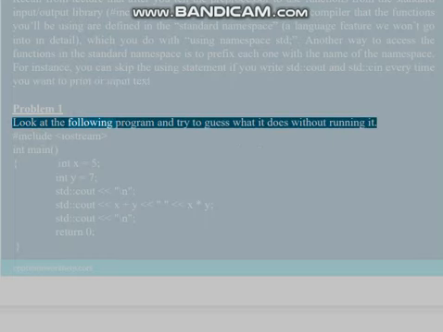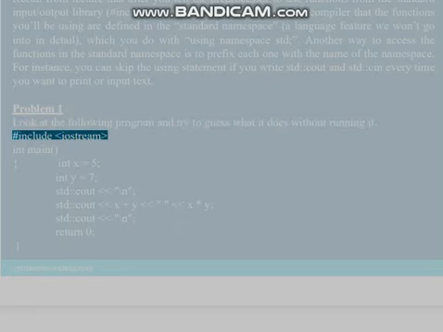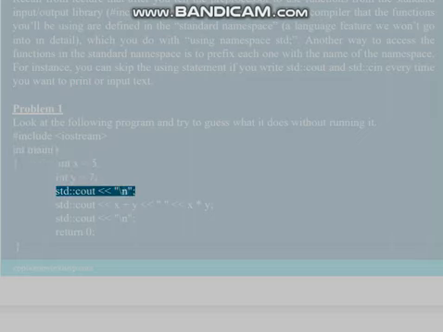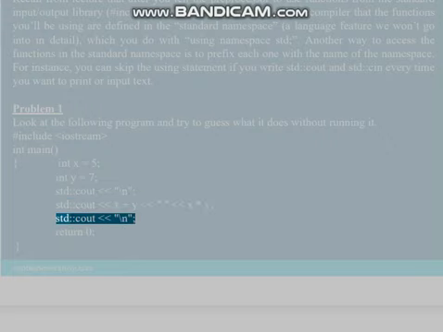Problem 1. Look at the following program and try to guess what it does without running it. #include <iostream> int main() { int x = 5; int y = 7; std::cout << "\n"; std::cout << x + y; x * y; std::cout << "\n"; return 0; }